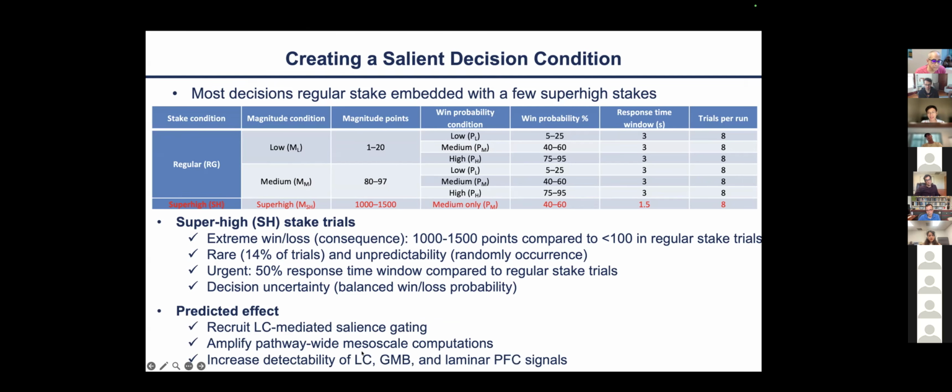Because a lot of the mechanisms we want to focus on in this study, like the LC-gray matter bridge to cortical layers, have low signal change. For example, the LC-gray matter bridge structure itself is also very small, and it's not a direct response, so the response is going to be very weak. So we use this super high stake condition to maximize the response so we can detect it by fMRI. So this is our background and task design so far.